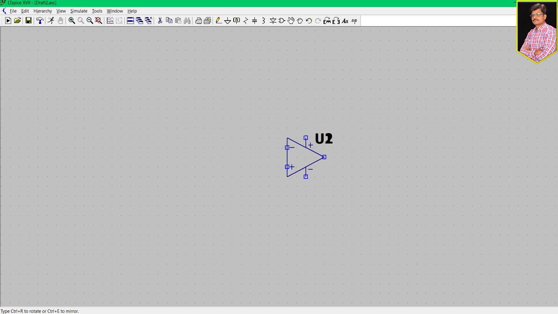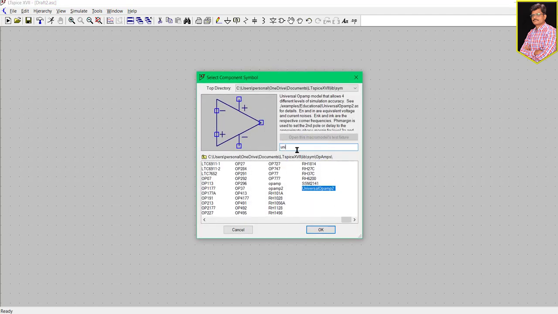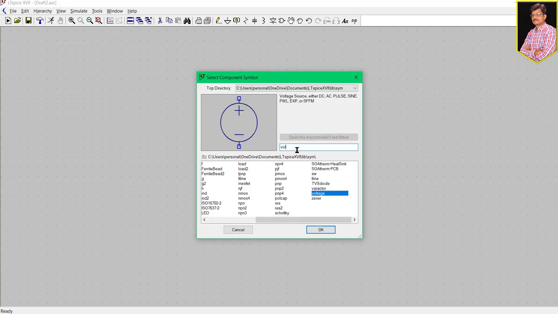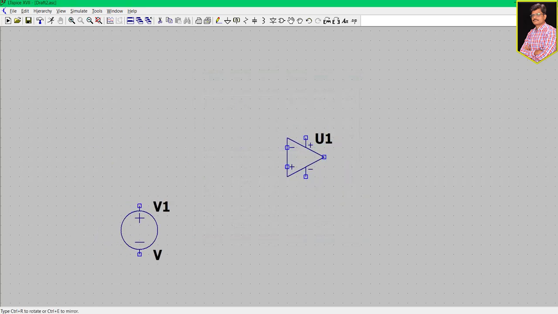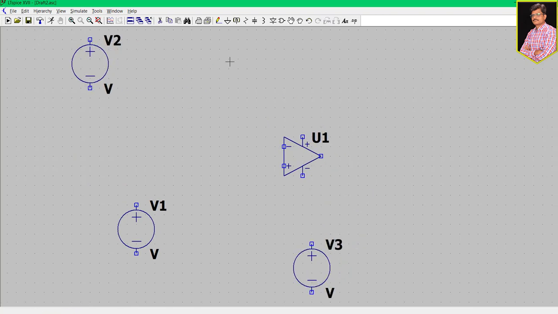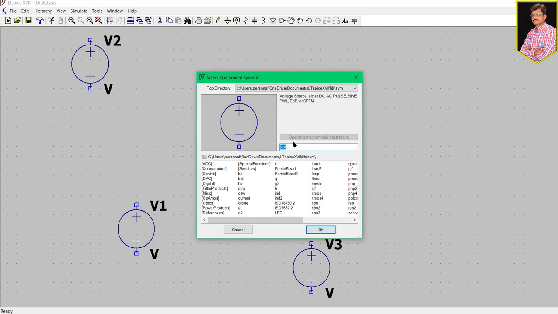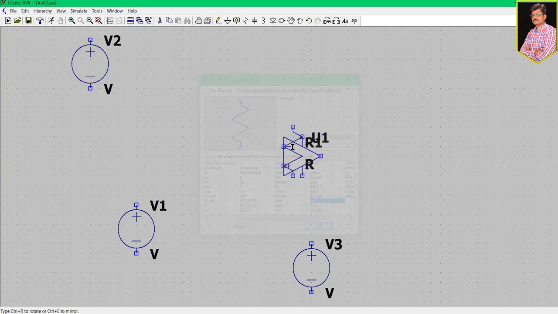Once you click, and if it repeats itself, then press the escape button, and now see how to add the rest of the components. Search for voltage source, and it will immediately come. Press escape if you don't want more, and if you want 2 to 3, just continue without pressing escape, and put them in your respective places.